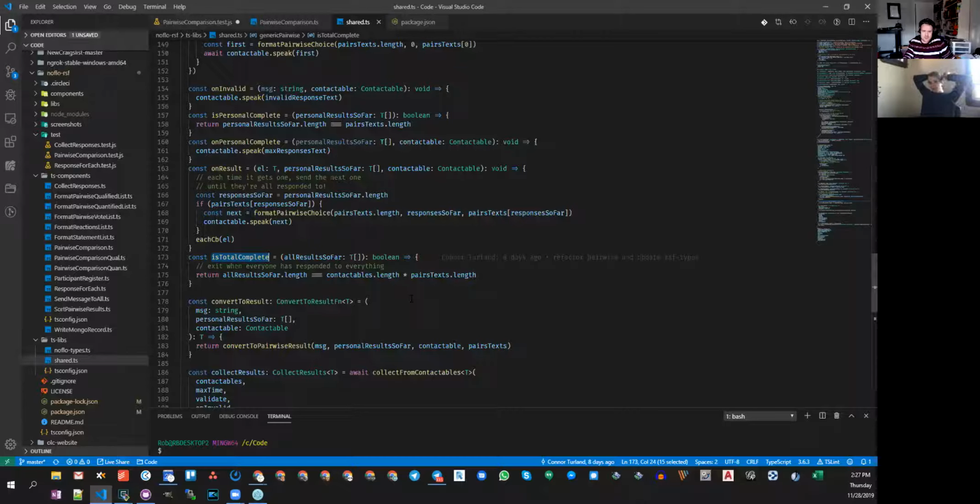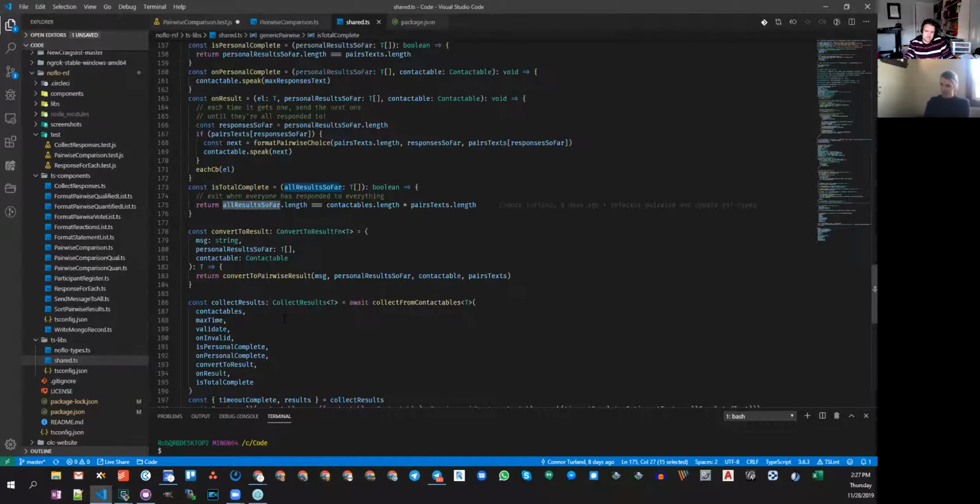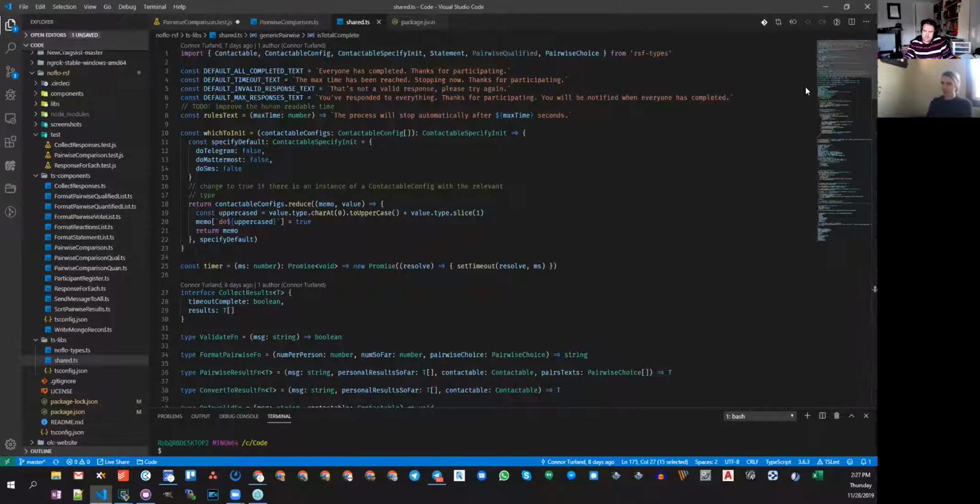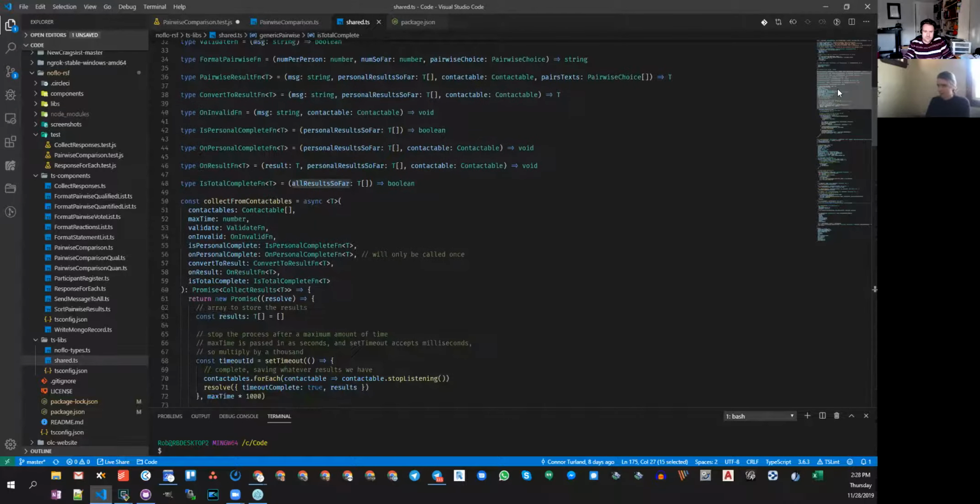So this is every result from everyone in one aggregate list, versus the results of the individual, the ones collected from an individual. And the multiplication is the number, so contactables is the people. So we've got the length of the people times the length of the pairs, and we're comparing that to the total set of results so far to see whether the entire process is complete.